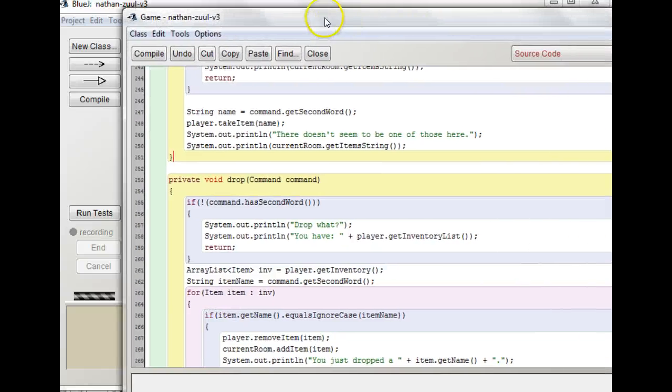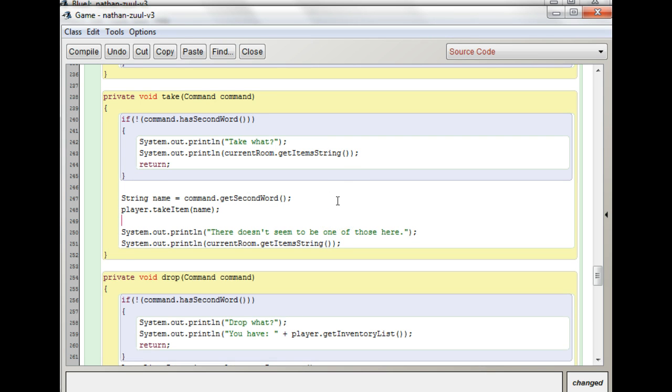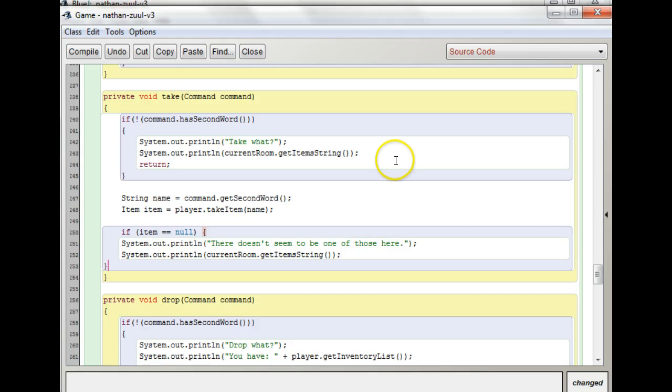So in the game class, you could do item equals player take item, and if item is null, that means either it wasn't in the room or you couldn't pick it up. So maybe we could just put something like